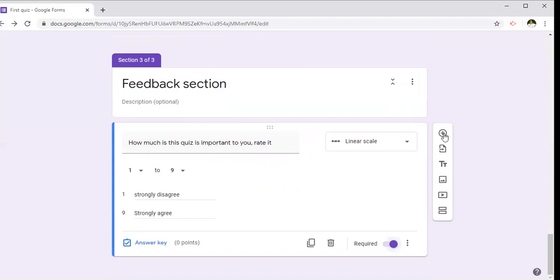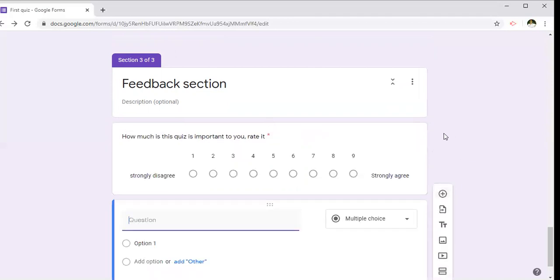And lastly, you can also use true or false here. One more thing, for true or false: this quiz is very important for internal marks.